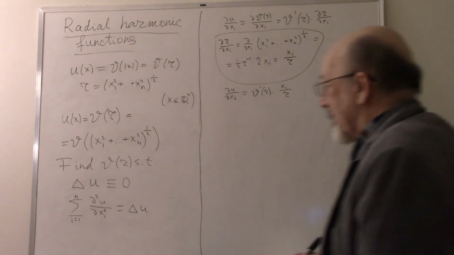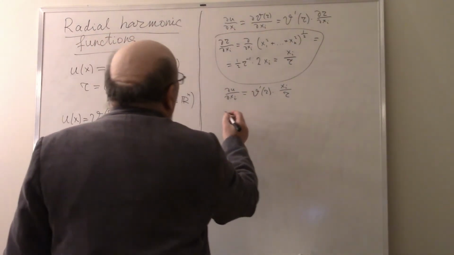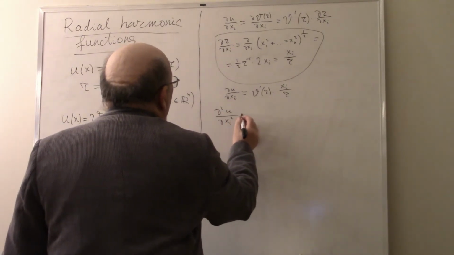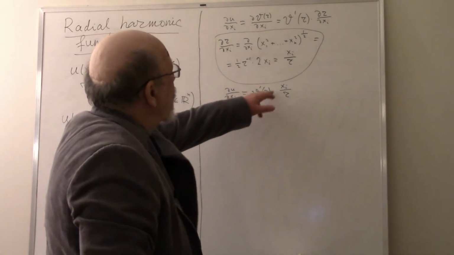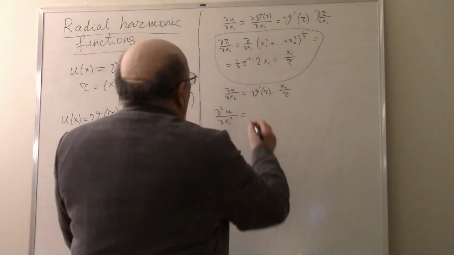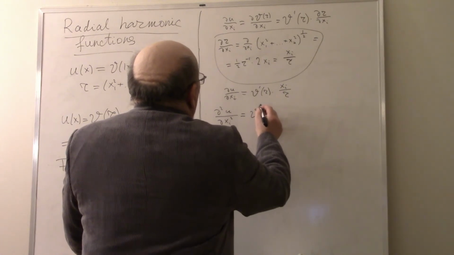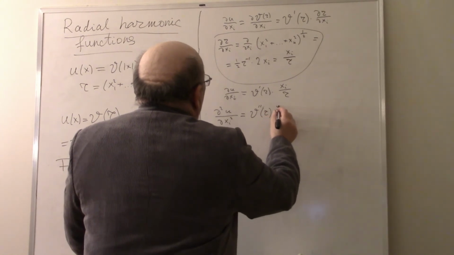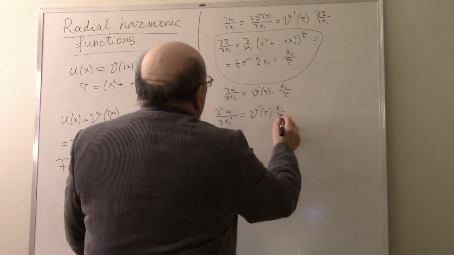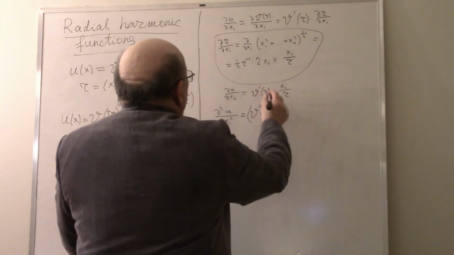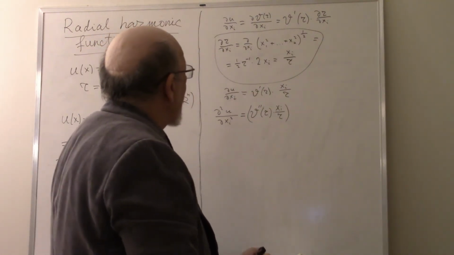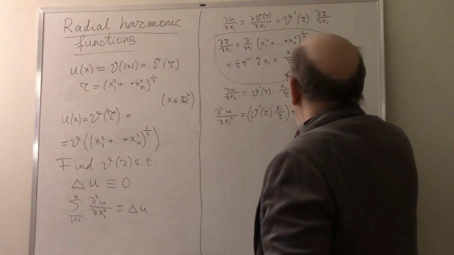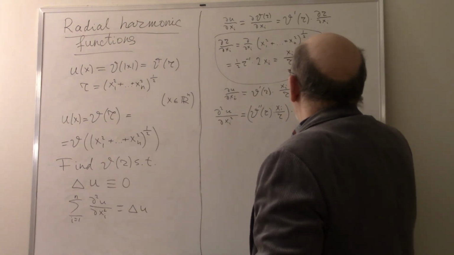Now let us differentiate it once again. d²u/dxi² equals, so we differentiate first this, v double prime of r times xi divided by r. It is the derivative of this, the partial derivative of this. Instead of v, I differentiate v prime, but times xi divided by r